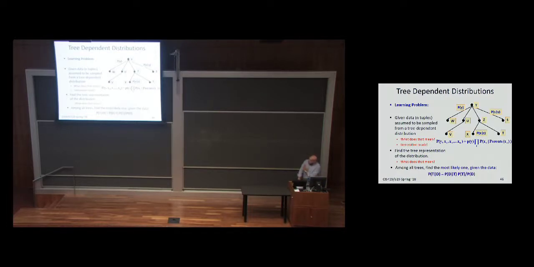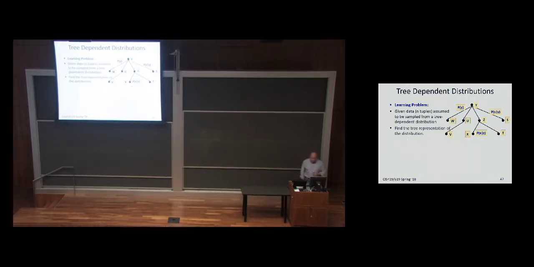We are computing P of t given the data, which, Bayes' rule says, is P of d given t, times P of t, divided by P of d. We will not care about P of d. In most cases, because of the argmax, this is going to disappear. Because we don't have any preferences over trees, P of t will disappear. So really, we care about the probability of the data given the tree, and we know how to compute it, as we'll see in a second.